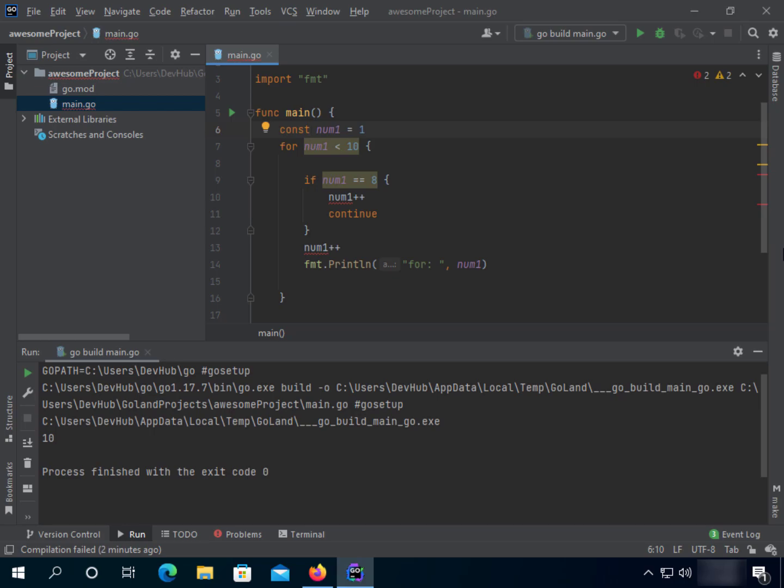But with the const keyword, constants can be characters, strings, boolean, or numeric values. The only thing is that constants cannot be declared using shorthand. Also, if you want to make something not modifiable, something immutable, you can use a constant instead of a variable, because you can see here, for example, num1 equals